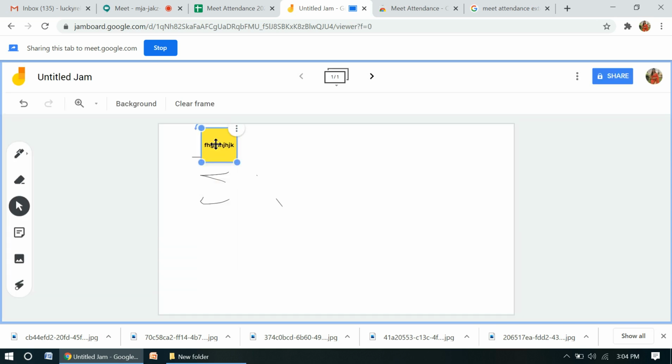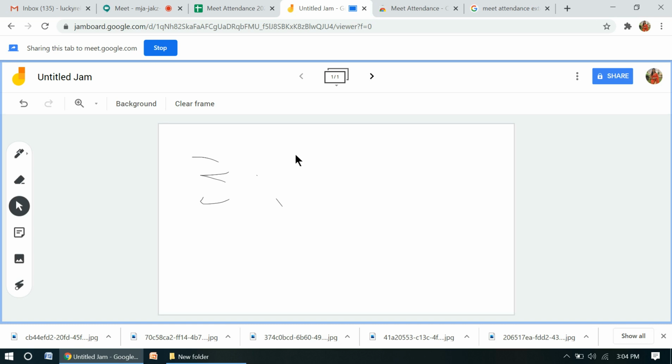Whatever you add can be deleted. Just click on it and press Delete from the keyboard. Any image you want to insert here and detail, that can be done, right? All these tools are there for working on this whiteboard. If any specific thing is required to be done on a whiteboard, then only it should be used. Otherwise, presenting everything through your PPT is the best way in Google Meet.